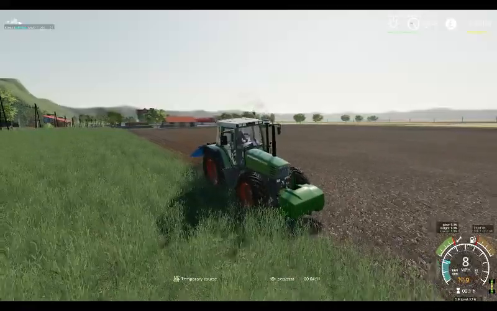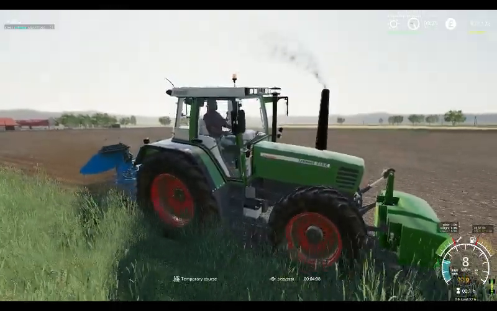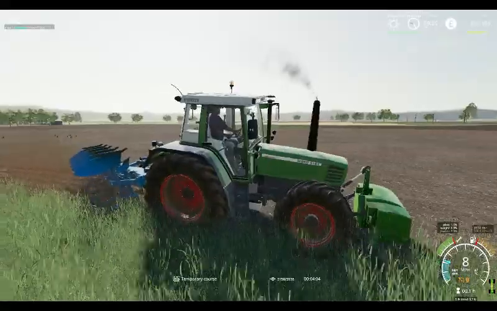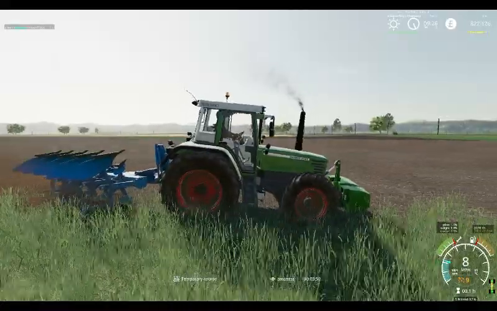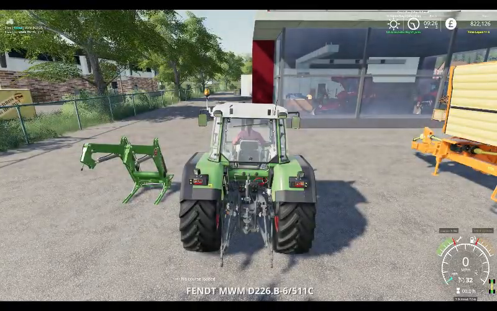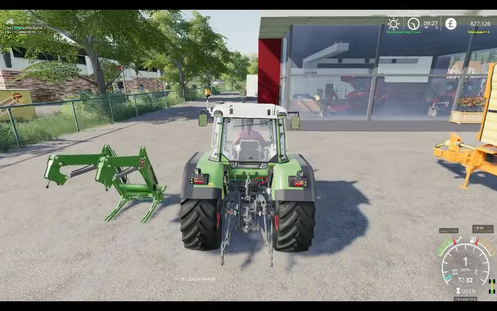Now, see here we've got the Fendt 514C. It is 140 horsepower. It's busy ploughing. It's got a big weight on the front because of the plough on the back, but that is working a treat. We will tab to the shop. We will get our other 514C. This one